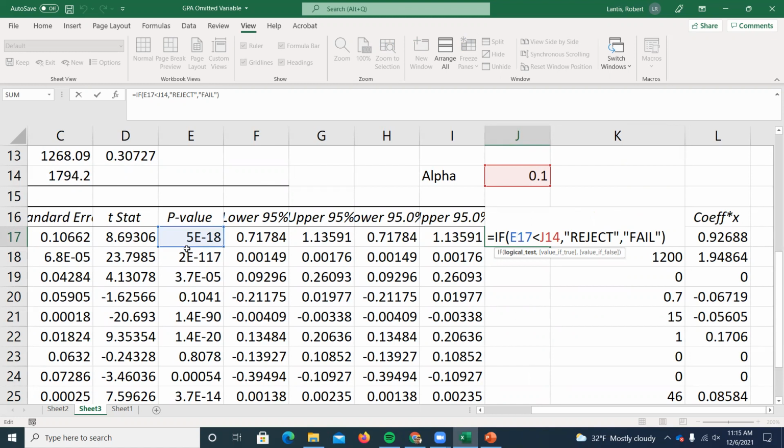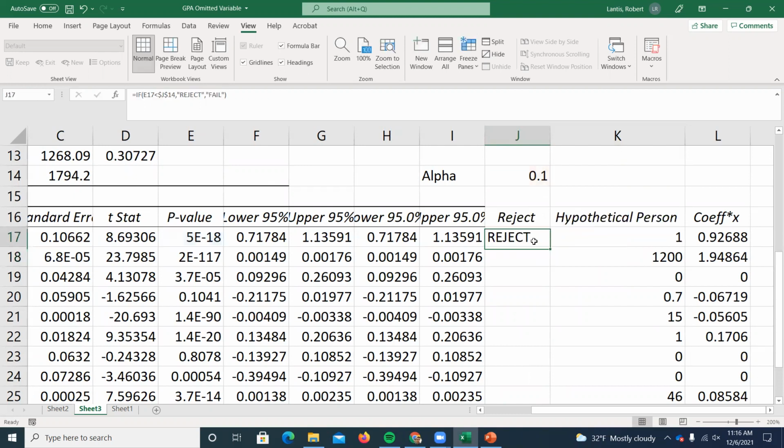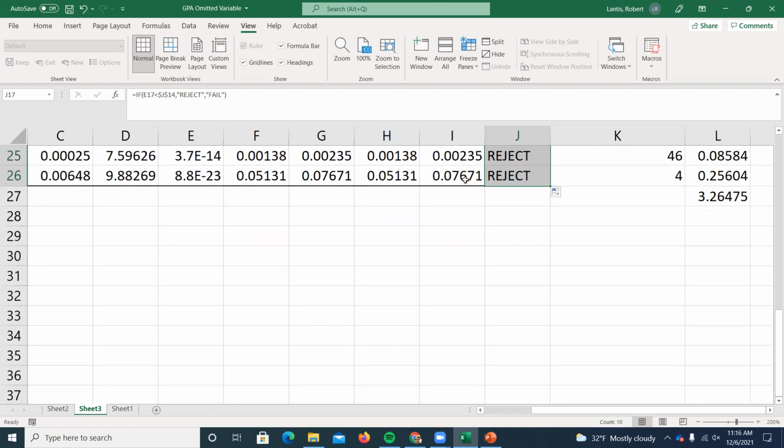Yeah, I want the p-value to keep updating to the next coefficient, but I'm always using the same alpha value to check against, the same significance level. So I'm going to freeze that cell reference, okay? Now when I drag this down, or if I get this black plus sign and double left click, it fills it down to the very last point of data. So either way,